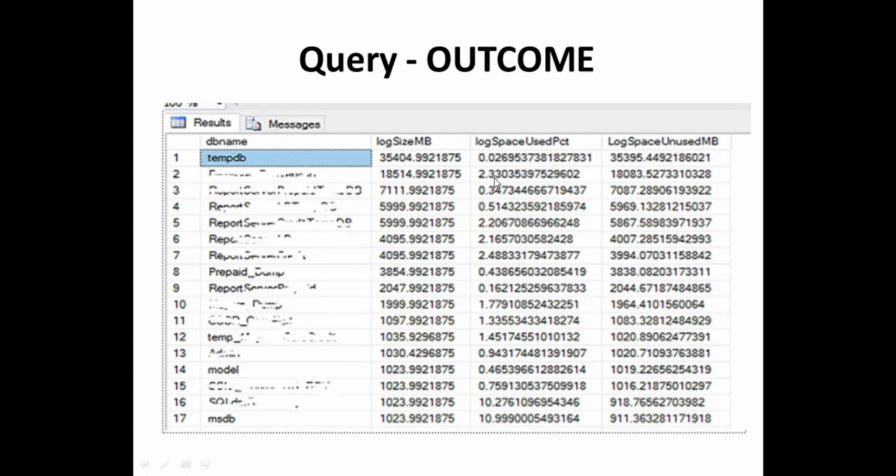But imagine if the log space used percentage of one of your databases is reaching 95%, then it is certainly a cause of concern, because as a database administrator you certainly like to know the reason for increased usage of the log, so that you can understand and get to the root cause by looking into what is happening behind the scenes. That way you should be able to troubleshoot the cause of high log usage as a database administrator.